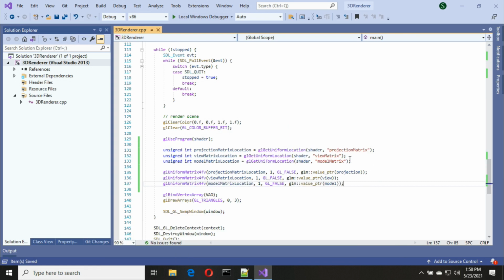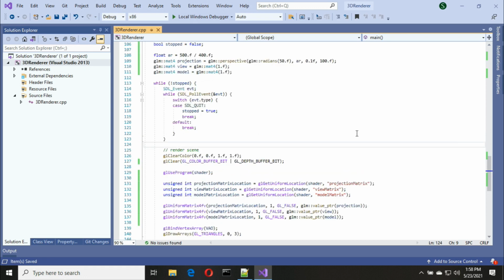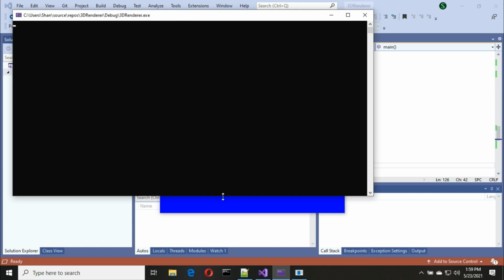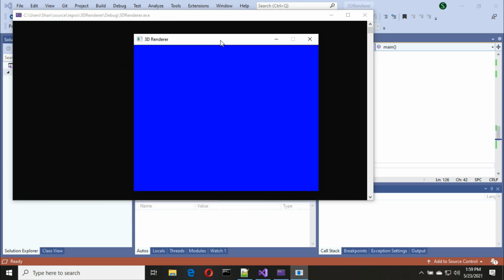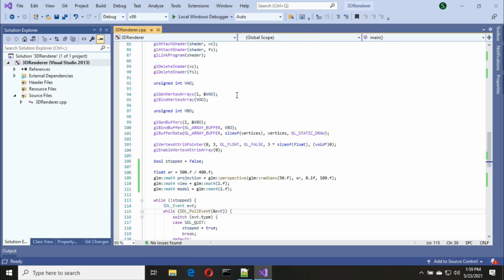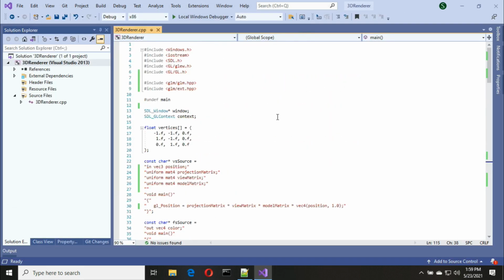Next, we need to clear depth buffer in each render cycle for proper rendering. So we pass GL_DEPTH_BUFFER_BIT flag to the glClear function we already have. Okay, now let's try to run this. Right, we don't see our triangle and there is a reason for it. Reason is our camera is at the 0 coordinate and looking at the minus z direction, and our triangle is also at the same location, so we don't see it.